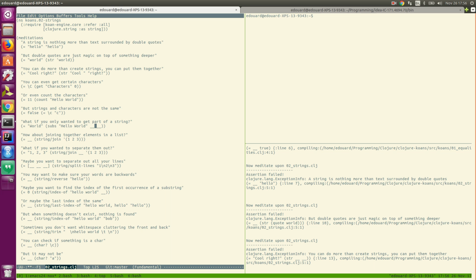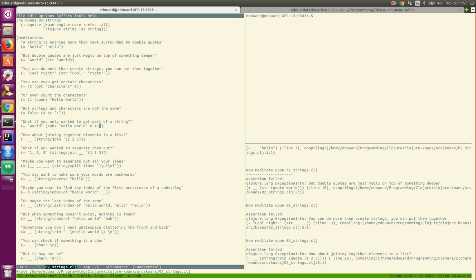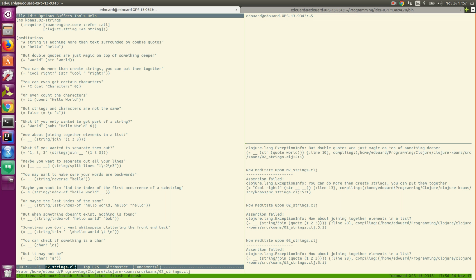And substring, I found out what it does is the first number is the index of the first character you want, and the second number is the index of the last character, or the first character you don't want. Is that correct? Or the last character you want? Let's see. Is that going to be correct? Yes. If there were another character, that means take all characters from the character in the 6th position to the character in the 10th position inclusive. And it also supports just taking 2 arguments. So that would also work.